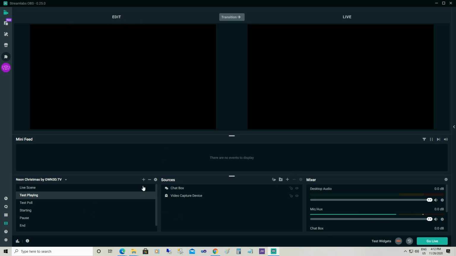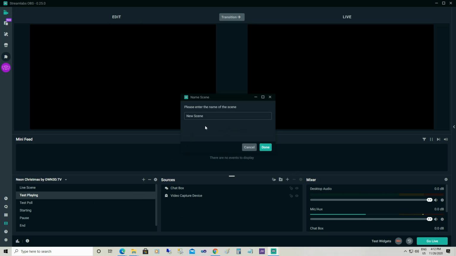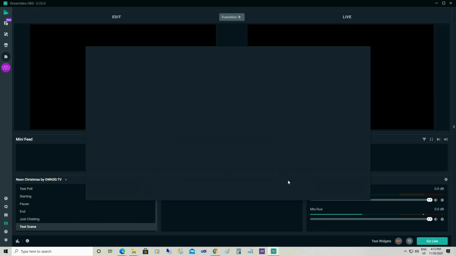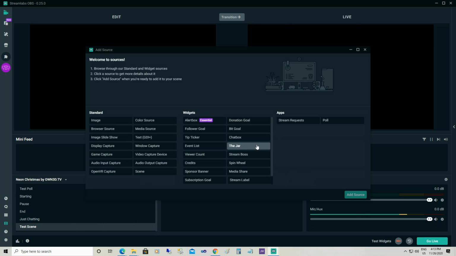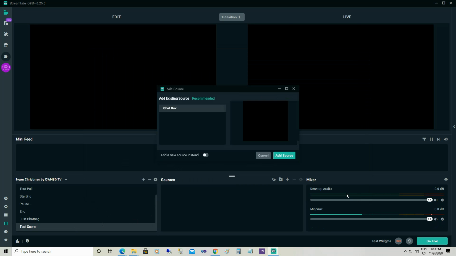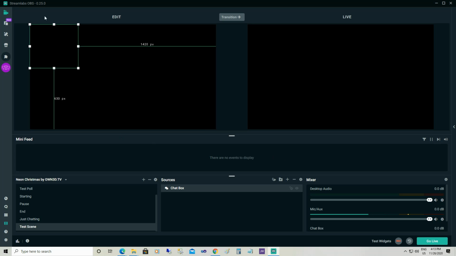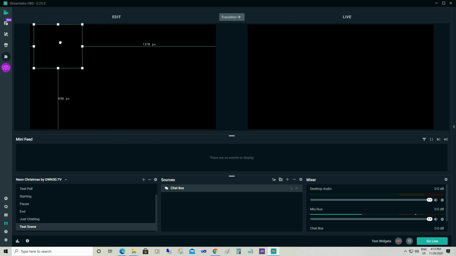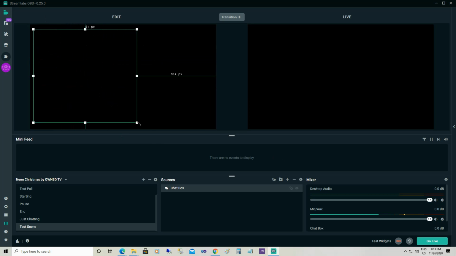So we go over here to new scene, and we're going to name it test scene, and here's our test scene at the bottom here, and we are going to add, let's say we start with the chat box, add source, and this would be the location of the chat box on our screen, which I am going to make go on the left,